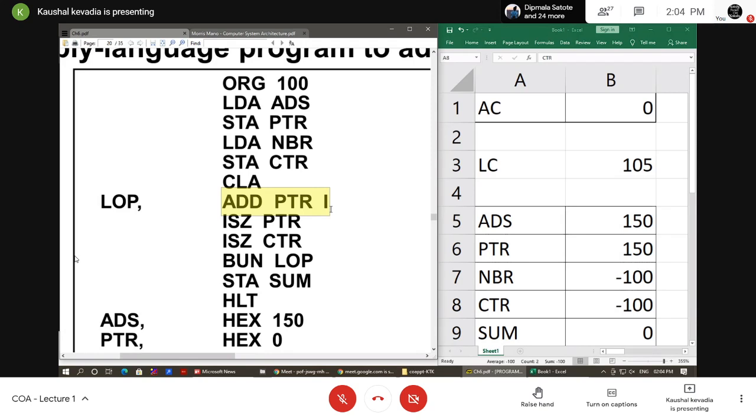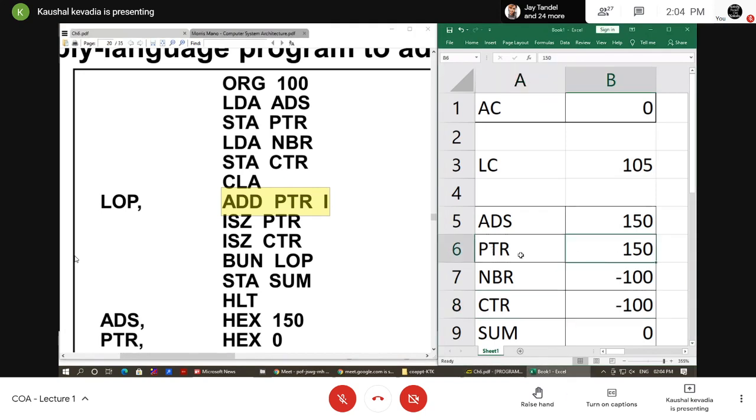पीटीआर एक्चुअली जो हमारा सी का जो कंसेप्ट है वही कंसेप्ट यहाँ पे पॉइंटर वेरिएबल का कंसेप्ट है कि पॉइंटर के अंदर, पॉइंटर वेरिएबल के अंदर एक्चुअली क्या स्टोर होता है, एड्रेस ऑफ द अनदर मेमोरी, एड्रेस ऑफ द अनदर वेरिएबल. ओके सो हियर व्हाट वी हैव टू डू दैट ऐड पीटीआर इनटू द इनडायरेक्ट एड्रेसिंग मोड. पीटीआर के अंदर वैल्यू, व्हाट इज द करंट वैल्यू ऑफ पीटीआर, इट इज 150.